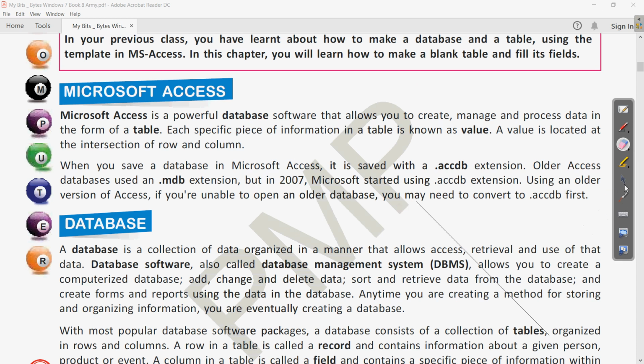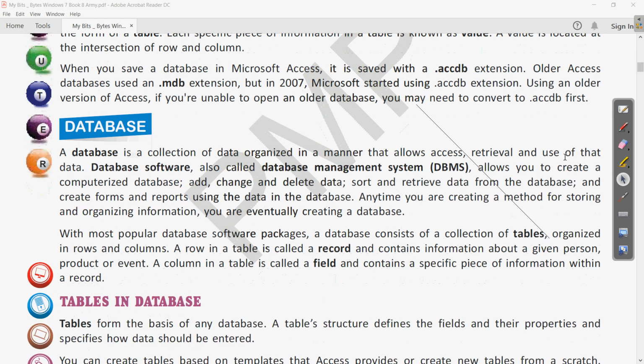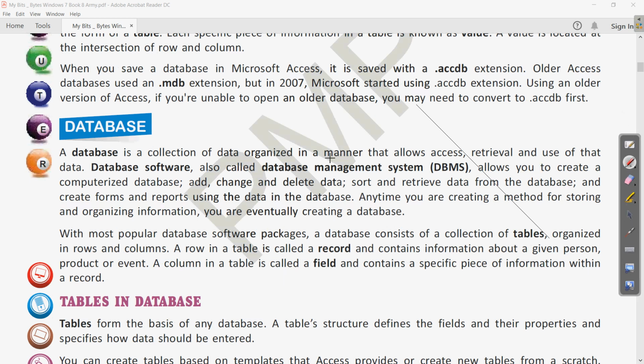Okay, so first is what is DBMS. DBMS is the database software, and you can write the full form also, that database software is called DBMS, or you can write in your own words also, that DBMS is the software which is used for managing the databases. Okay, so you can write either way.